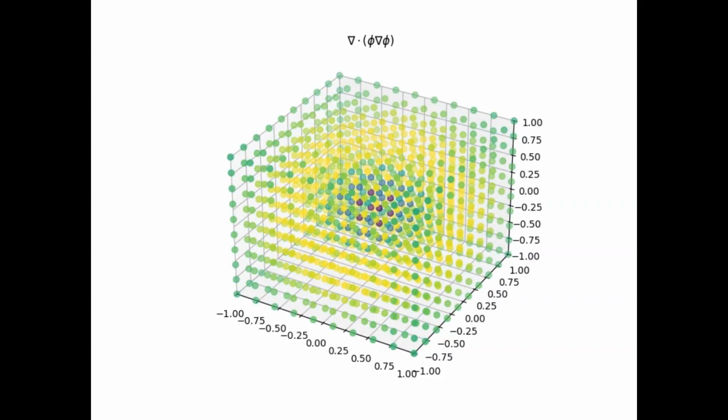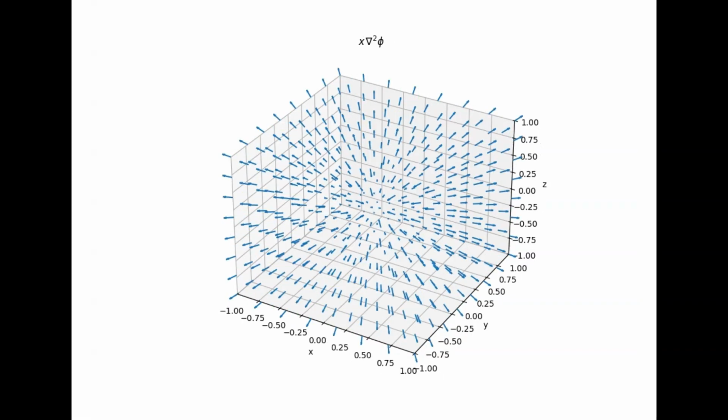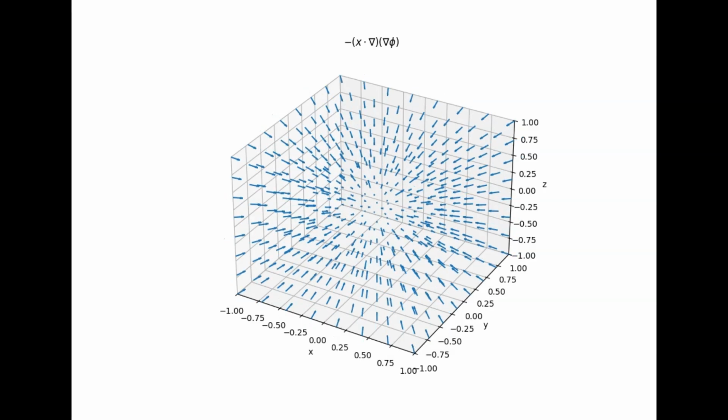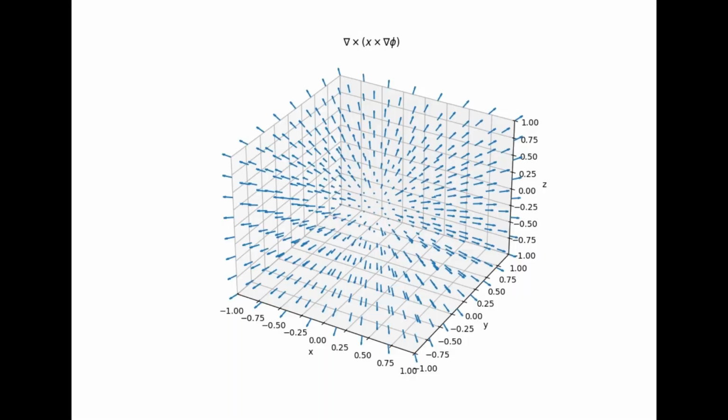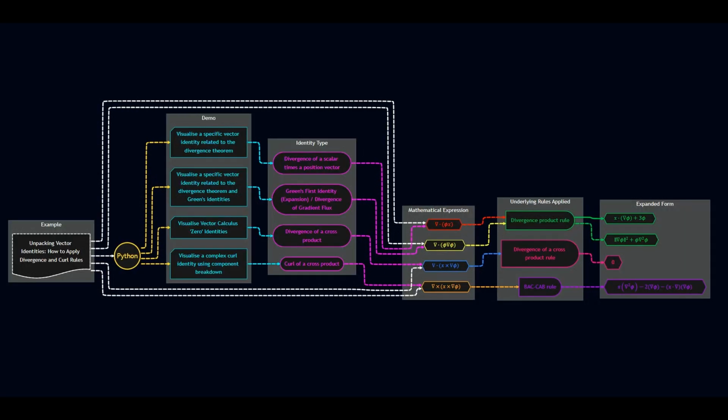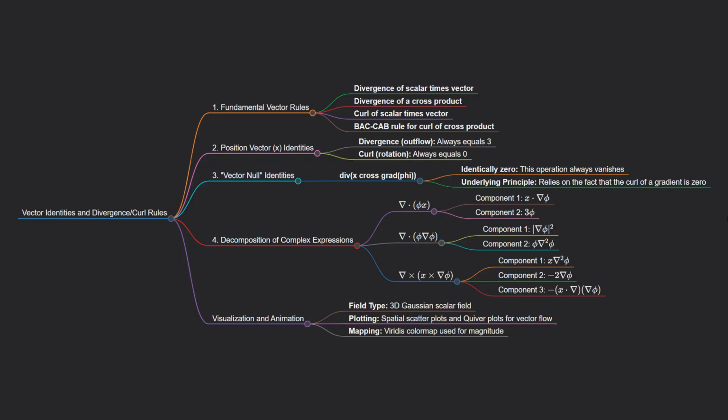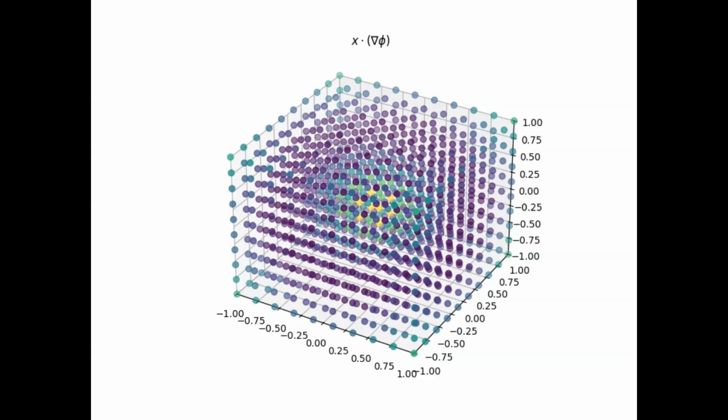The position vector, which represents a specific point in three-dimensional space, serves as a unique and simplifying anchor in these calculations. It possesses two fundamental properties that make it a constant baseline. It expands outward at a steady, uniform rate, meaning its total outflow or divergence is a constant value, and it possesses absolutely no inherent rotational tendency or curl. Because of these fixed traits, expressions involving the position vector often simplify dramatically, allowing more focus on the variables that